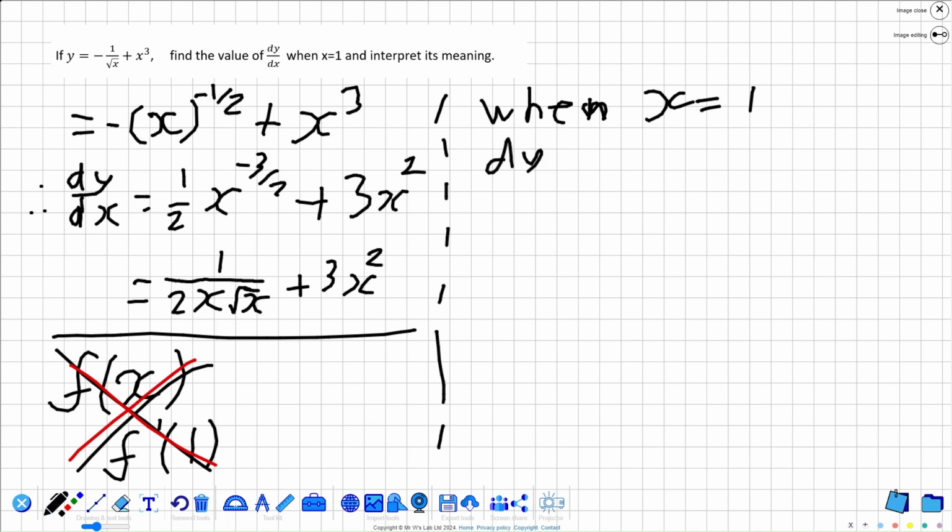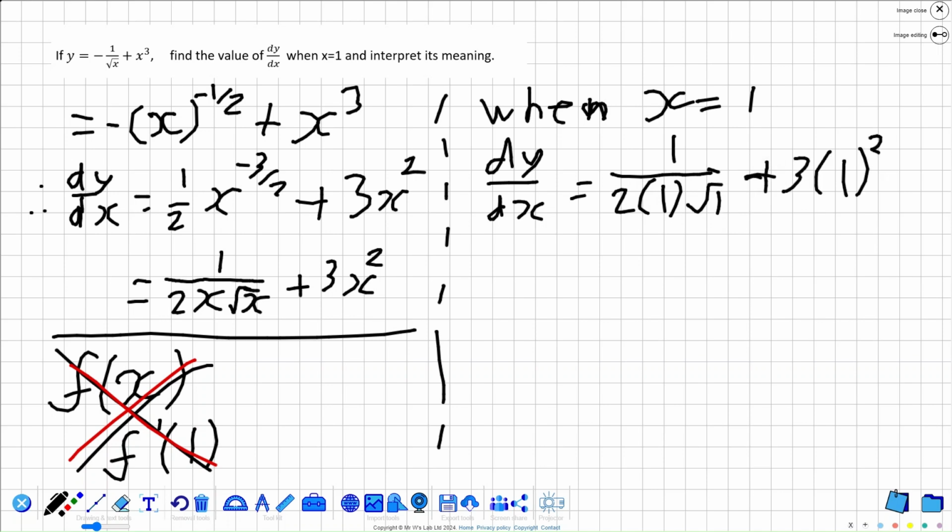We say dy over dx equals, and we're just going to put in the function, which is 1 over 2x root x plus 3x squared, so 1 root 1 plus 3, 1 to the power of 2, and because obviously x equals 1, this makes a lot of these really simple. So it's just 1 over 2, because root 1 equals 1, and times that by 1 equals 1, times that by 2 equals 2, so really simple. Plus 1 to the power of 2 is 1, so plus 3, and we can, I guess we can just say that that equals